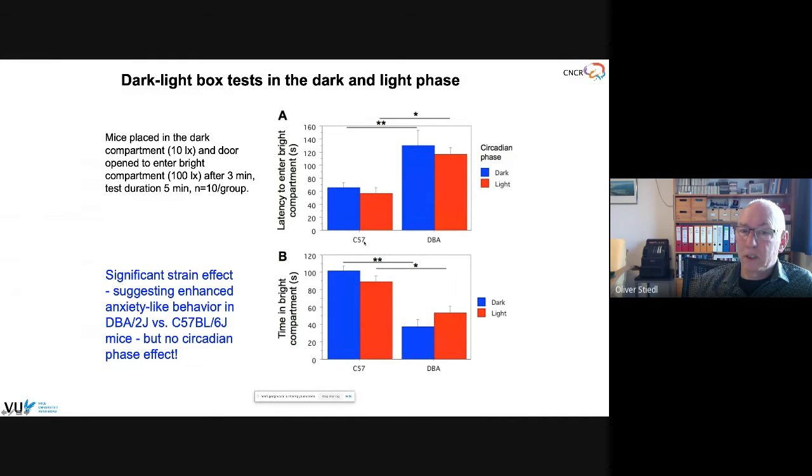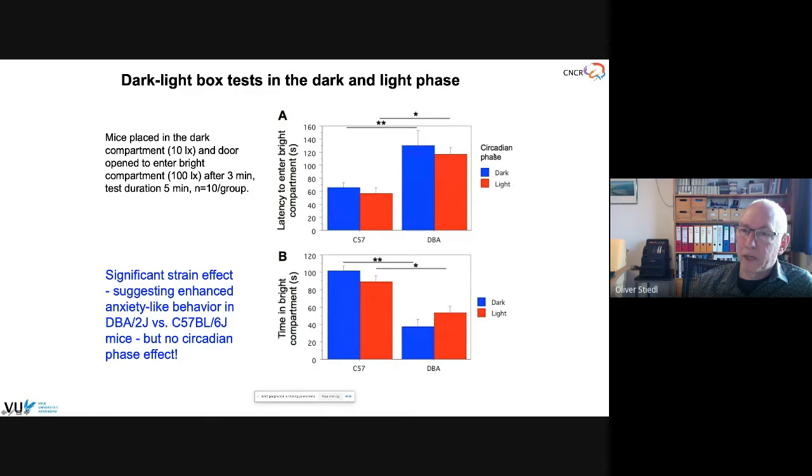You see here the C57s and the DBA mice. And I'll come back to this comparison a couple of times later, because we know that the C57s should be the less anxious, and the DBA are reported to be the more anxious lines. And we can nicely confirm this with this assay, in that the latency to enter the bright compartment is almost half of the time of the DBA lines. And the total time spent in the bright compartment is double in the C57s than in the